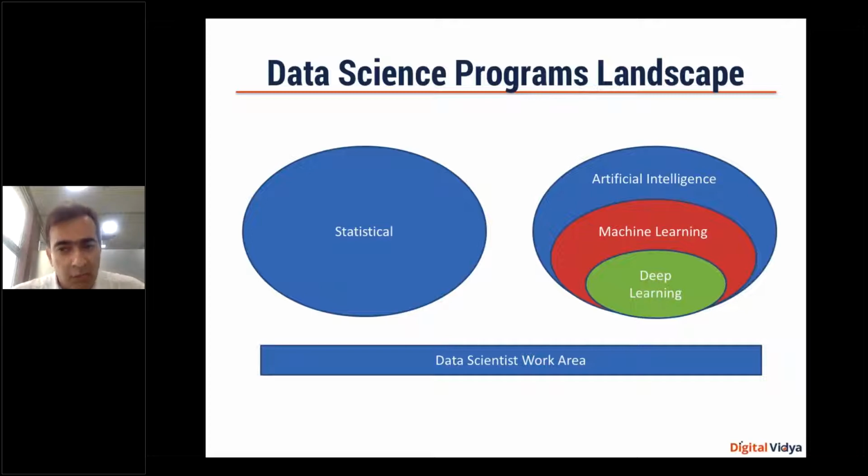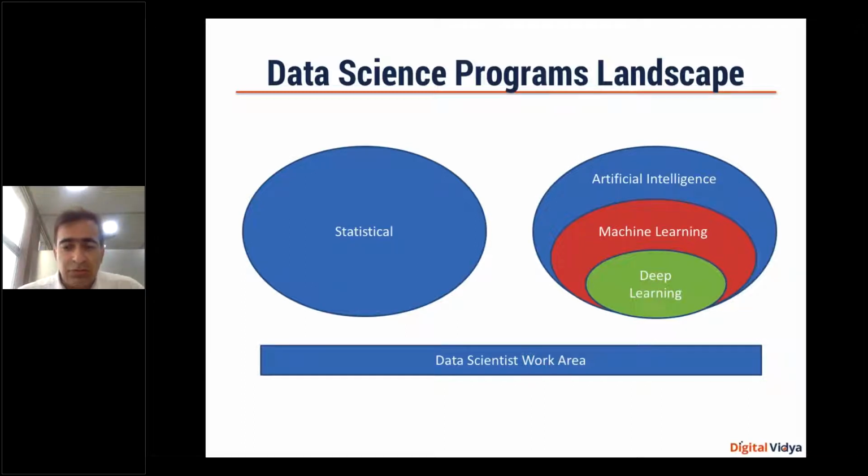The other set of problems that people are working on can be broadly classified in the artificial intelligence category. Fundamentally, artificial intelligence is about trying to replace humans for some set of work. Traditionally, we used to give some instructions, and the computer would just follow those instructions and give us some output. But in the artificial intelligence space, we try to create a computer in such a way that it starts behaving like humans in its limited context.